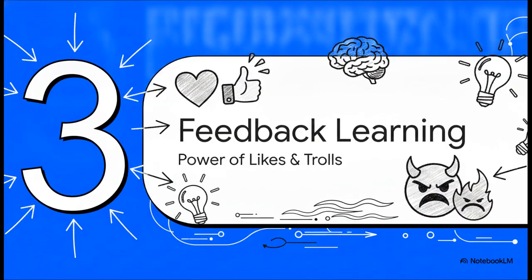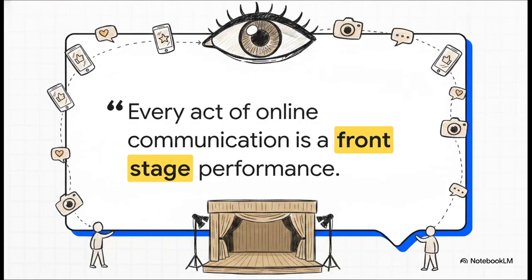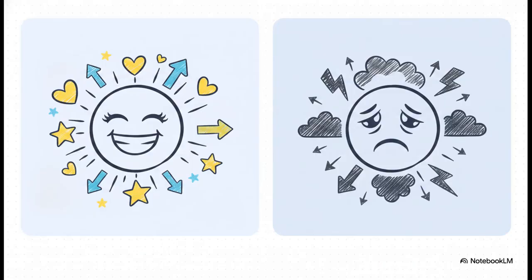And that brings us to Section 3, learning through feedback, the power of likes and trolls. Sociologist Irving Goffman had this fantastic theatrical metaphor that explains this perfectly. He called it a front stage performance. Think about it. On social networks, almost every single post, photo, or comment is a behavior performed in front of a live, judging audience. We are constantly on stage, and our audience is technologically empowered to react instantly to whatever we do. Because we're always performing on this stage, our behavior is instantly modified by a pretty stark contrast. You have deeply rewarding validation on one hand and highly punishing rejection on the other.